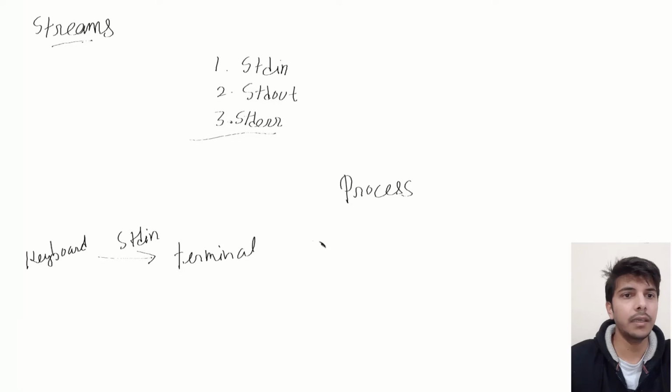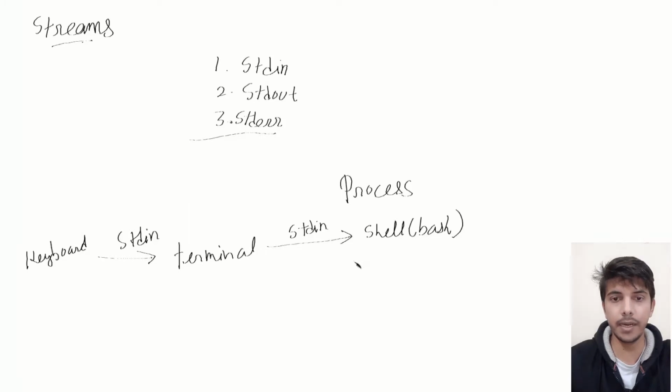Now there are other processes also. Let's say our shell is also a process. My current default is generally the bash shell. So if it wants to take the input, then it will take the input from the terminal using the STDIN stream. Similarly, remember that each command in Linux is also a program, and as soon as I am running that command, it is becoming a process even for a short amount of time.